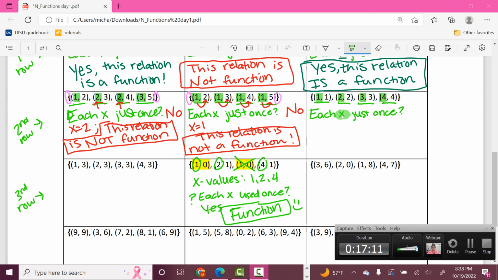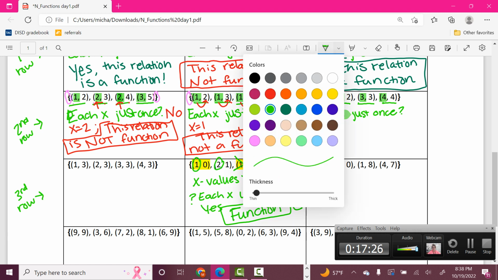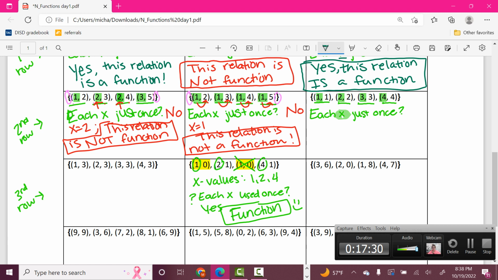All right, does each x value happen just once? So you identified the x values as 1, 2, 3, and 4, and those were on the left side of the ordered pair, not the right side, because the x values are on the left side. So you've asked yourself now, do the x values occur just once? You've got 1, 2, 3, and 4. The answer to that is yes. So this is a function